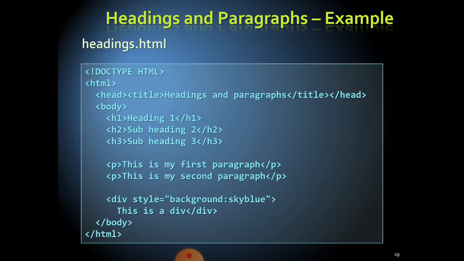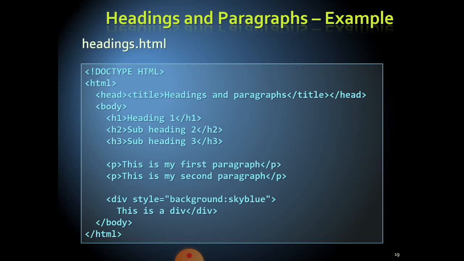So the doctype HTML tag we are using, and I am giving the title as headings and paragraphs. Using all those heading and paragraph tags, I am writing one sample program. I am giving heading 1, heading 2, heading 3, and 2 paragraphs. Each paragraph should be enclosed with angle brackets. At the end of the paragraph we must give /P, that is the end of the first paragraph. To start another paragraph, again at the start we must give P enclosed with angle brackets, and at the end /P. For every paragraph, starting and ending tags must be there.